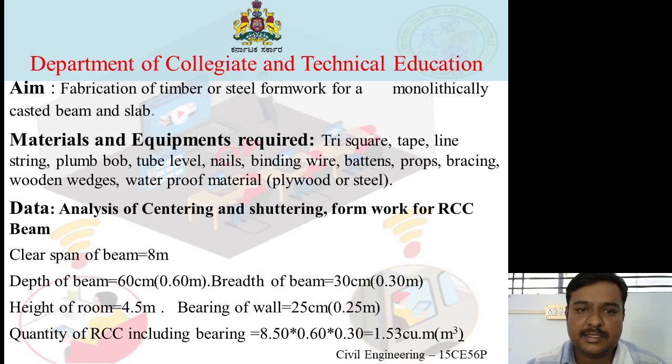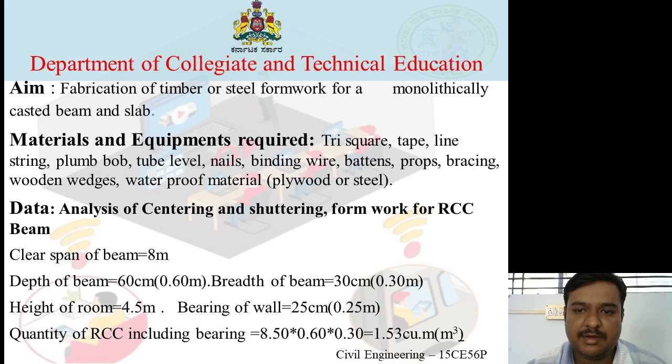So what is next? We go to the aim of the experiment: the fabrication of timber or steel formwork for a monolithically casted beam and slab. What monolithically casted means is that the beam and slab are both casted monolithically. The beam ಮತ್ತು ಸ್ಲ್ಯಾಬ್ ಎರಡನ್ನೂ ಸಹ ಒಂದೇ ಸಮಯದಲ್ಲಿ ನಾವು ಕಾಸ್ಟ್ ಮಾಡೋದಕ್ಕೆ ಕಾಂಕ್ರೀಟ್ ಹಾಕ್ಲಿಕ್ಕೆ ಅದಕ್ಕೆ ಏನಂತ ಕರೀತಾರೆ, monolithically casted beam and slab ಅಂತ ಕರೀತಾರೆ. The materials and equipments required are tri square, tape, line string, plumb bob, tube level, nails, binding